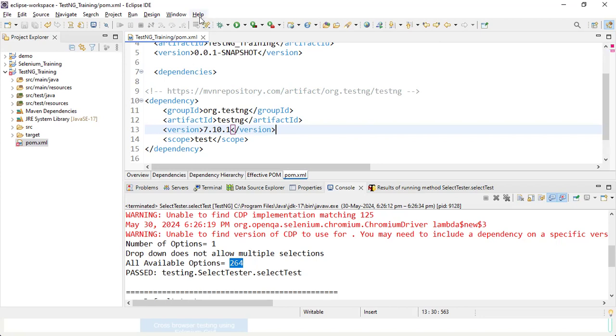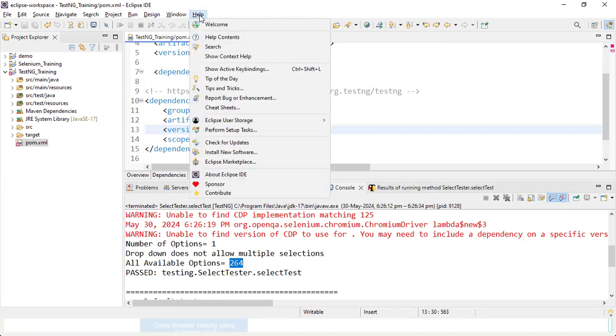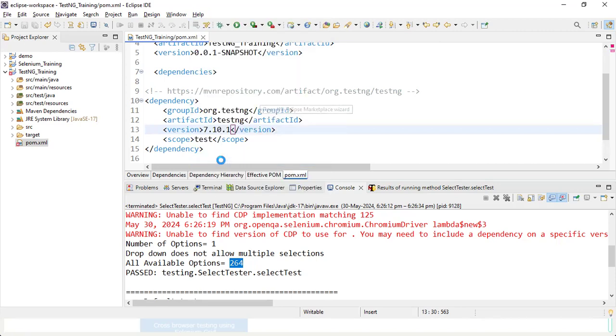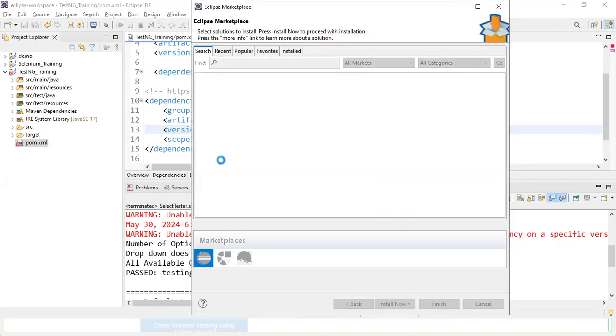So go to the Help menu. In the Help menu, there is an option, Eclipse Marketplace. Click on the Eclipse Marketplace option, and it will open the Eclipse Marketplace. In this Eclipse Marketplace, you can search for the TestNG plugin. Actually, which plugin do you require? You require the TestNG plugin in your Eclipse IDE, because if you want to run test cases on the TestNG platform, then you need to add the TestNG plugin